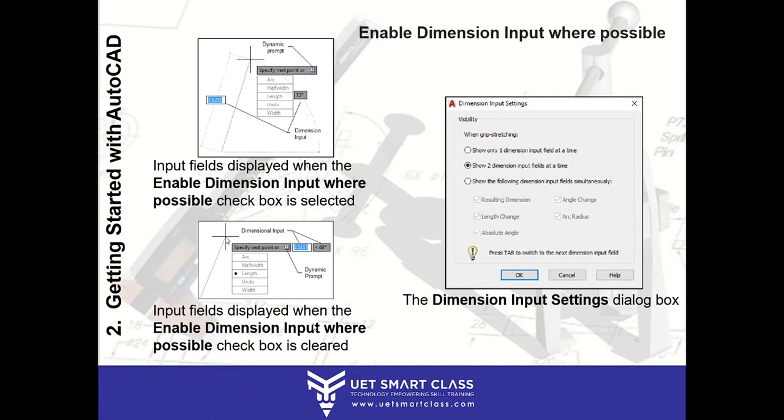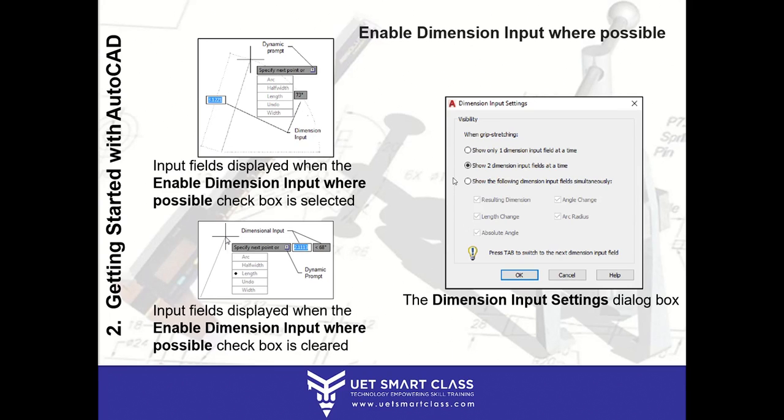All right. When you disable the dimension input where possible, then the dimensions will be shown here, like here. There will be two dimension input fields, wherein one is for dimension and one will be shown for the angle. Sometimes the length and the width, and when you enter the length, it will lock the first pointer, and then it will automatically go to the second pointer, and you can type the dimension and then it will lock. You will be learning through AutoCAD all of these things.